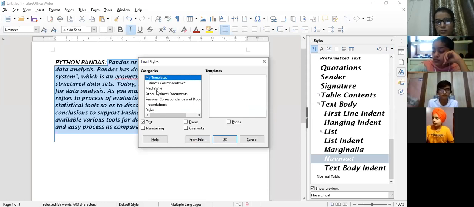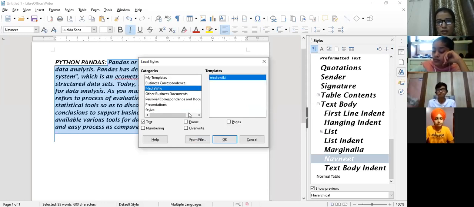They are talking about the categories over here, which category you want.